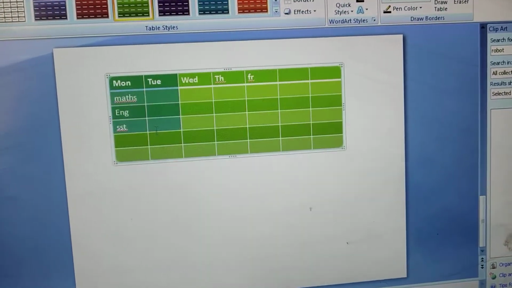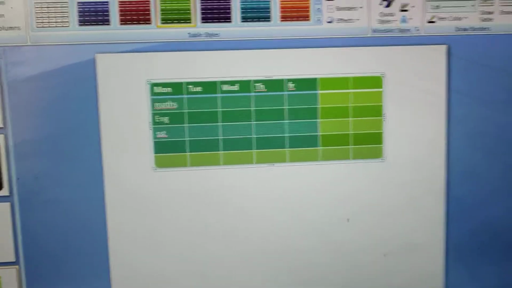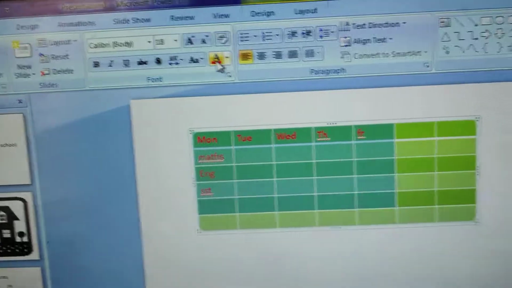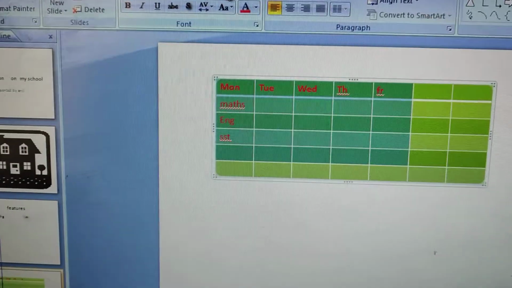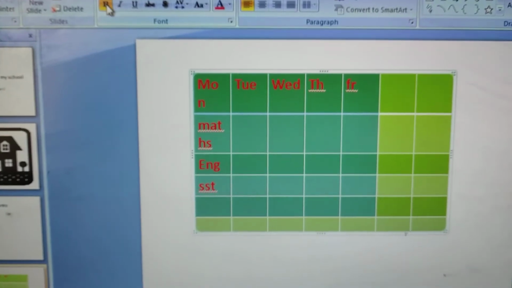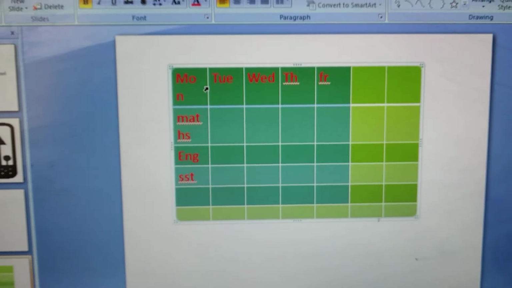Now suppose I want to change the color of my font, then I will select the text and again I will go to the home and from here I will change the font color. And if I want to change the size, then I will click on this big A, and if I want to give bold, that effect also I will give.